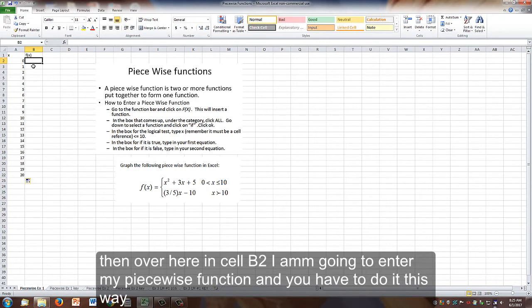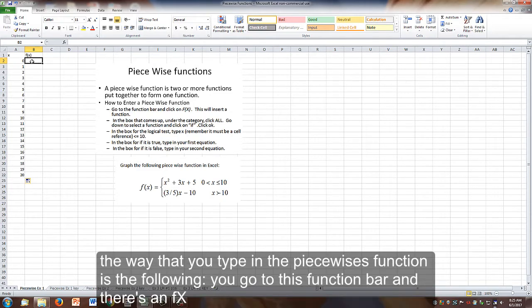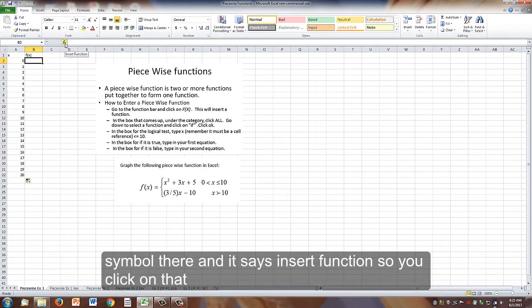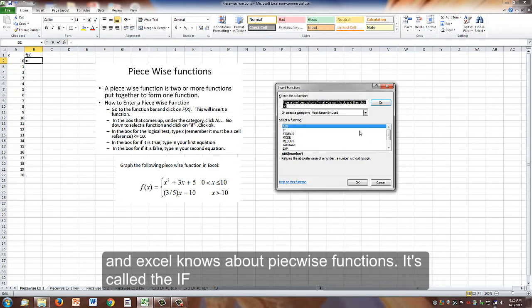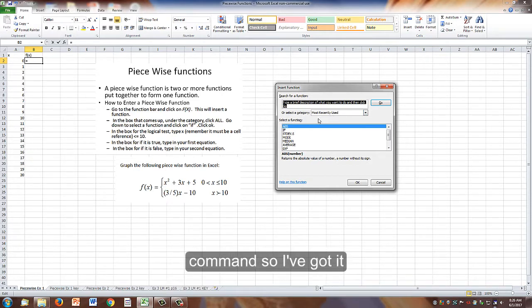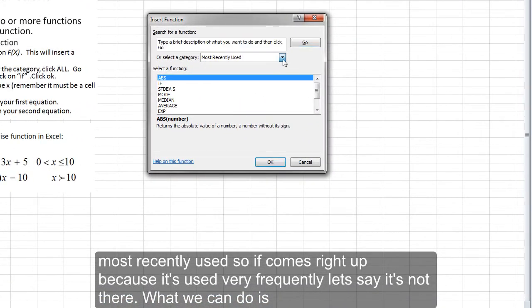Then over here in cell B2, I'm going to enter my piecewise function, and you have to do it this way. You can't split it up at 10. So the way that you type in a piecewise function is the following. You go to this function bar, and there's an fx symbol there, and it says insert function, so you click on that. And Excel knows about piecewise functions. It's called the if command. I've got it most recently used, so if comes right up because it's used very frequently, but let's say